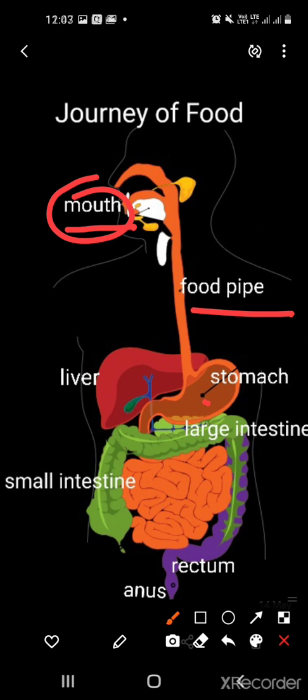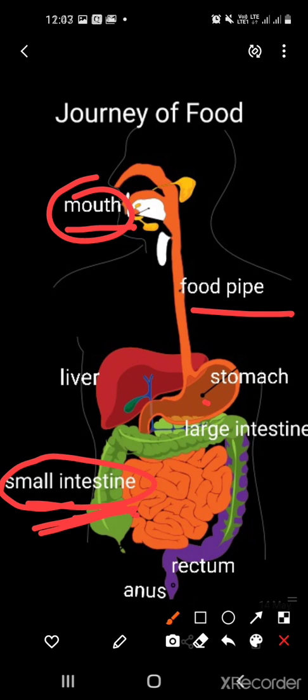After that it goes to the small intestine. Fine. So what is the function of the small intestine? The food is partly digested as it enters the small intestine. More digestive juices are added here and digestion of food is completed. Very important sentence I am saying, that the digestion of food is completed in the small intestine. Okay children, there will be a question, where is the digestion completed? The digestion will be completed in the small intestine. More digestive juices are added here and finally the digestion of food is completed here.